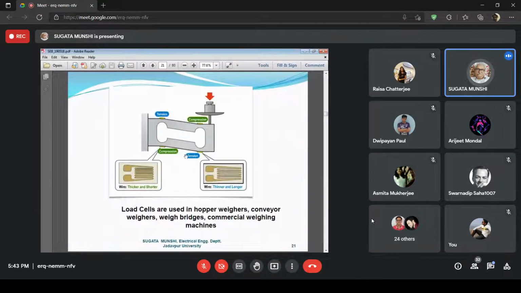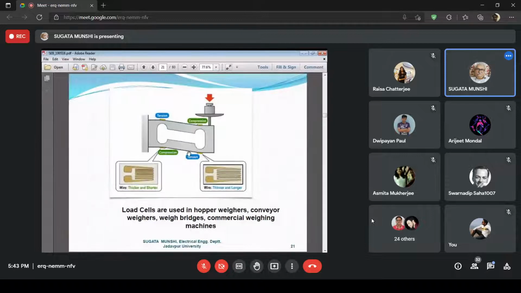You can form the Wheatstone bridge locally. But think about the situation. We are talking about placing 2 gauges under tension and 2 gauges under compression. In any given situation, will it be possible? It may happen that you cannot do so. At most, you can place 1 under tension and 1 under compression, and there is no scope for placing the other 2 strain gauges, 1 under tension and 1 under compression. It may happen. Then what will you do?